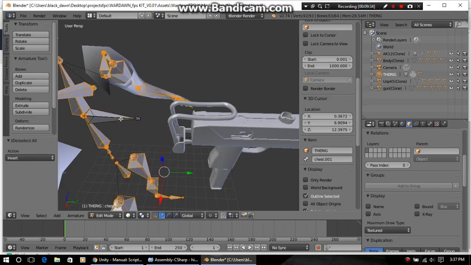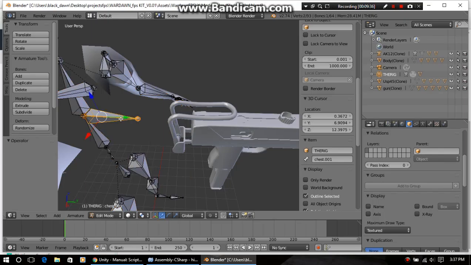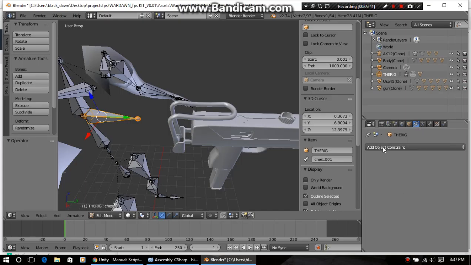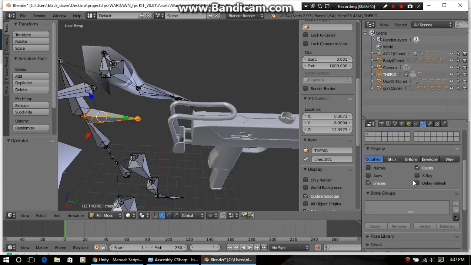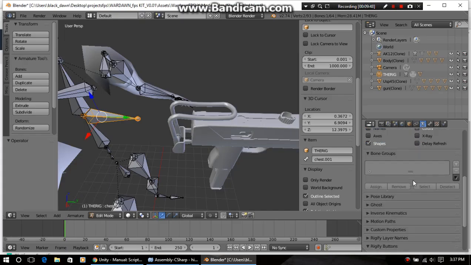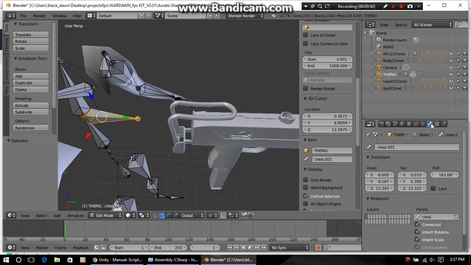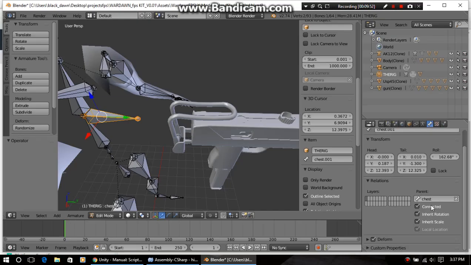No, it's not I. What key is that again? Bone constraint, add, disconnect. What? Disconnect bone, disconnect. Connected. I think it's